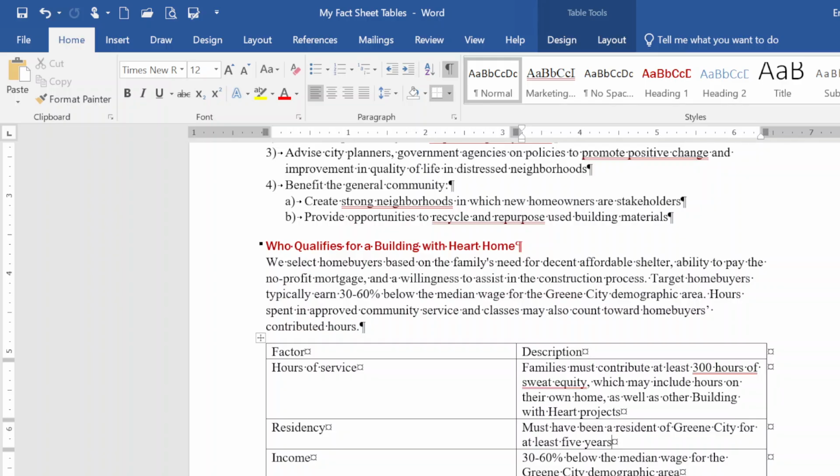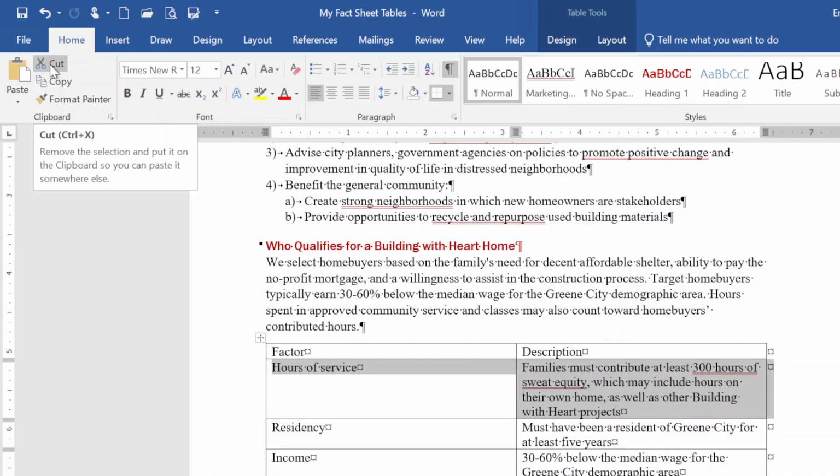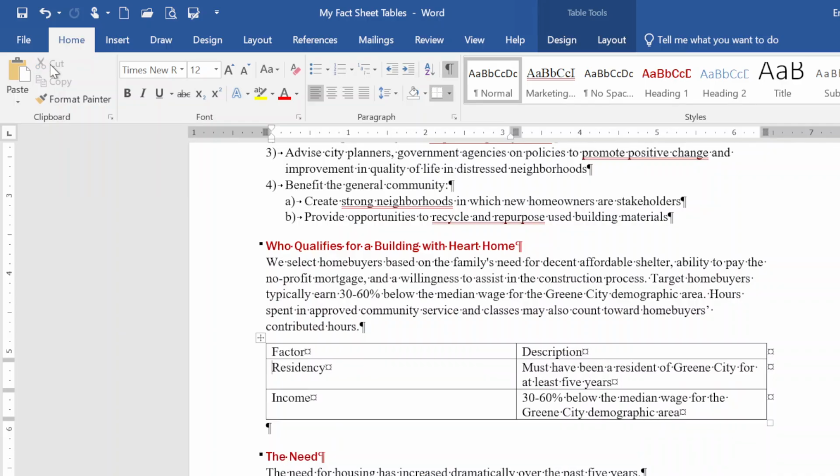Number 1, use cut and paste to move a row. We're going to select the hours of service table row, including the end of row marker as shown. So if you click on the outside, the left margin outside of the table, and highlight that row, just make sure you get that end of row marker as well. Then on the Home tab in our clipboard group, we're going to select Cut or Control X for a keyboard shortcut. So that removes it from our document, but right now it's kind of in limbo on our clipboard waiting